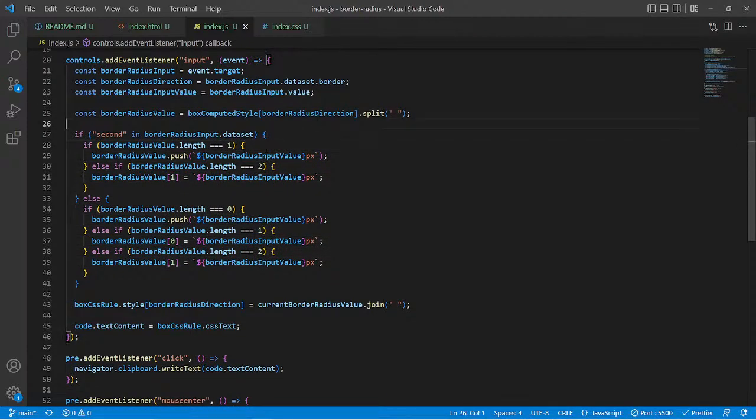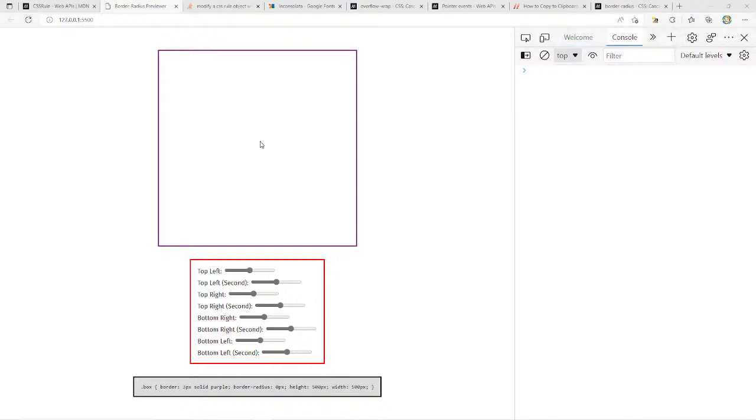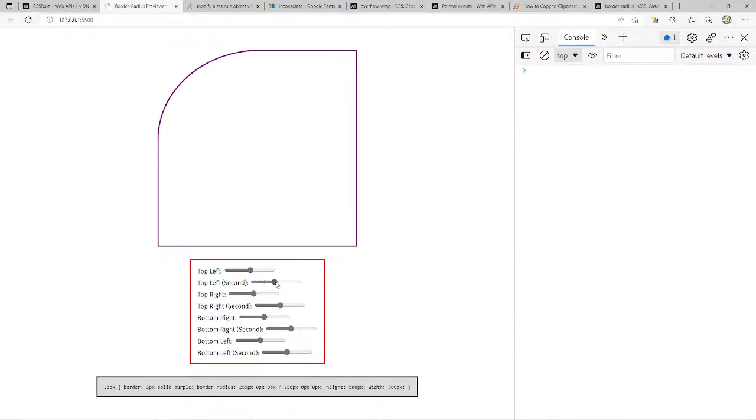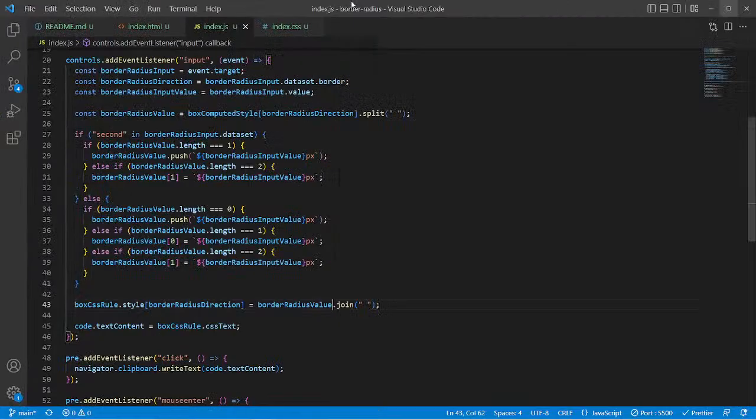All right, let's make sure that still works. Oh, okay, current border radius value is not defined. Oh, there was just one that I missed over there. Okay, it looks like we're stable to change all that, so that's cool. Okay. Oh, wait a second. This is modifying the same one. Perhaps. We'll get to that in a second. Okay, so